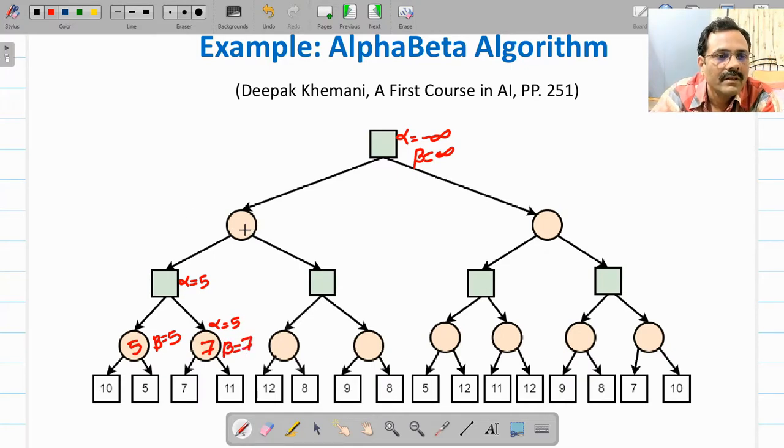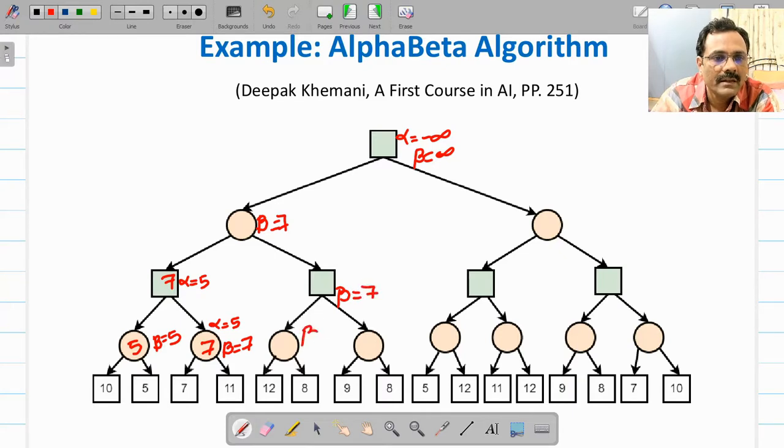So the algorithm will come here, it's again a min node, it will take this value of alpha but it will update the value of beta. So here the value of beta will be 7 because the value of this node, it's a max node, is 7, so beta is 7. So that will be copied here, value of beta is equal to 7.